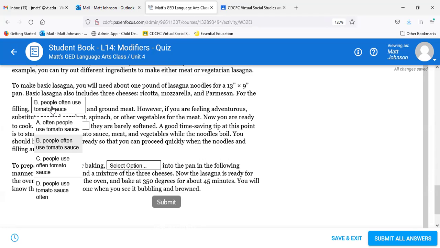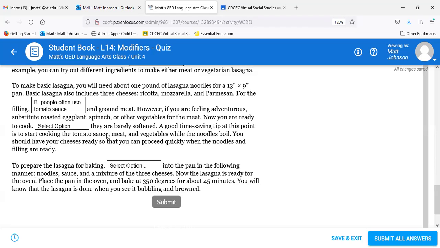People use often tomato sauce. That's in the wrong place. And people use tomato sauce often, also in the wrong place. We don't understand what often is modifying. In this case, it's modifying when or how often people use tomato sauce. That's what we want to make clear. So for the filling, comma, people often use tomato sauce